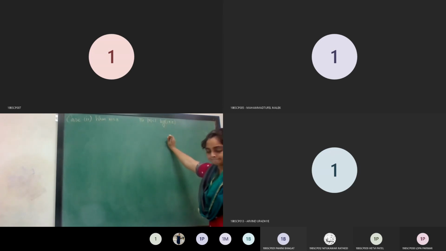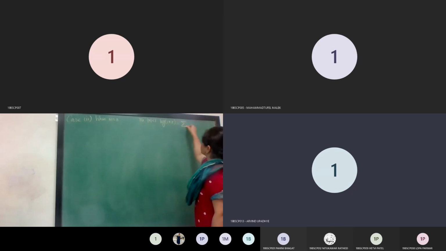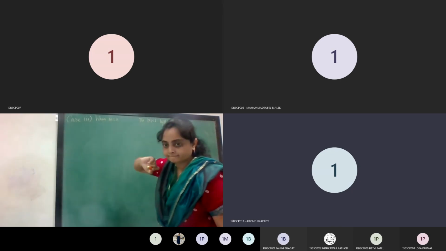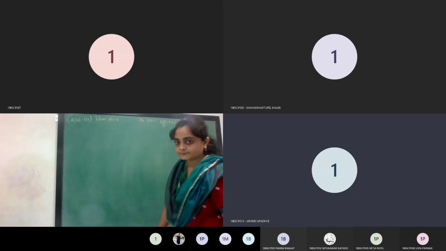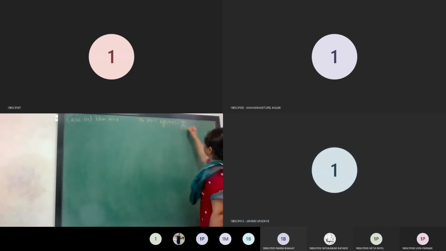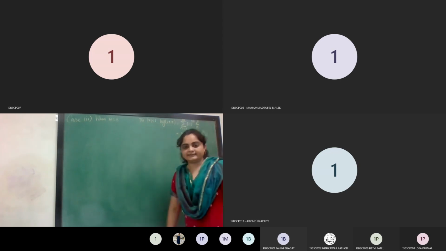Does anyone remember? I think the first term is z. No, I just remember the first term. It will be the sum from n equal to 1 to infinity of (-1)^(n+1) z^n / n. Actually it is z minus z square by 2, alternating sign, z cube by 3 minus z raised to 4 by 4 plus up to, and this is valid only when the absolute value of z is less than 1.